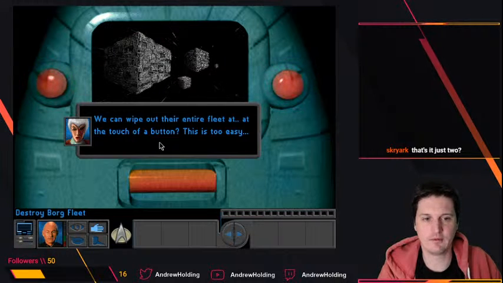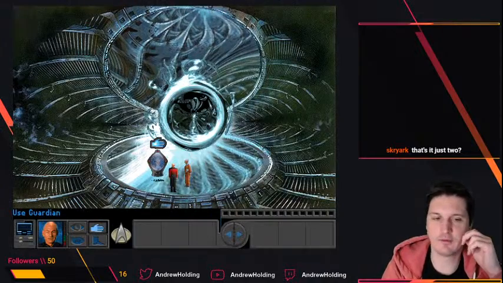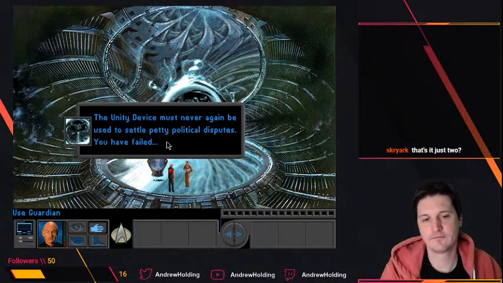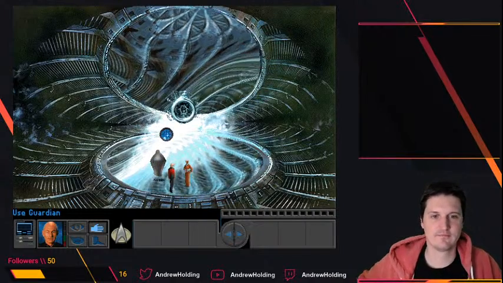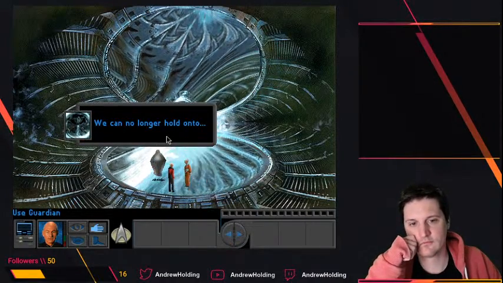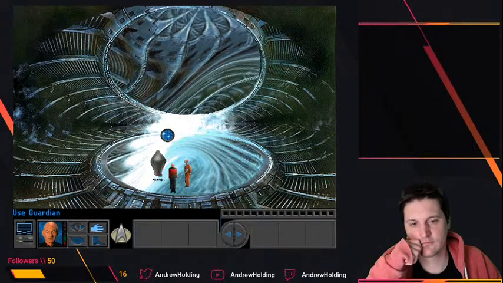We can wipe out their entire fleet at the touch of... I don't think that's the right option. I think we should walk away. The Unity device must never again... We can no longer hold on to... We are losing...